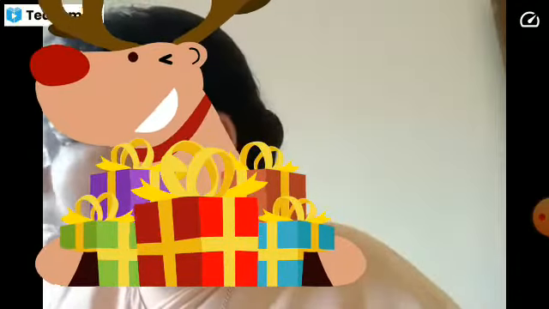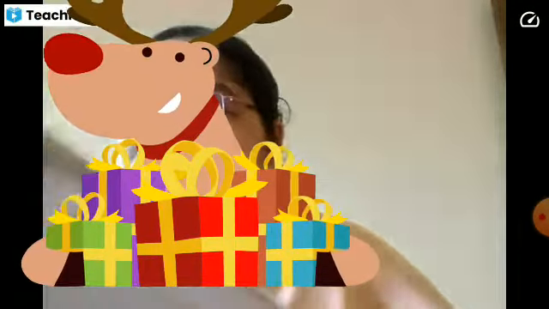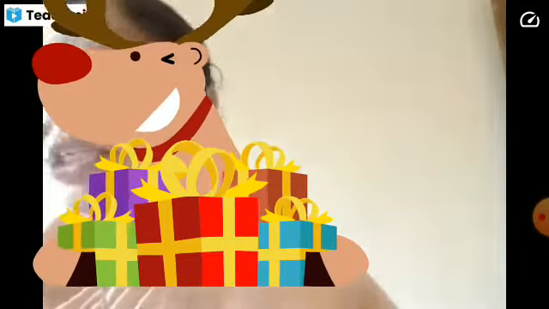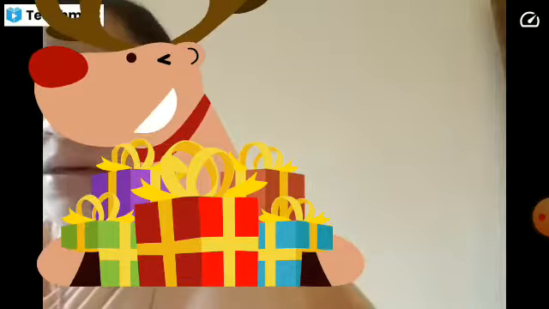Different symbols are there on the page. Other features of map symbols. Now the map shows various features, but it is impossible to show the actual shape and size of trees, buildings, villages in a map because of limited space.